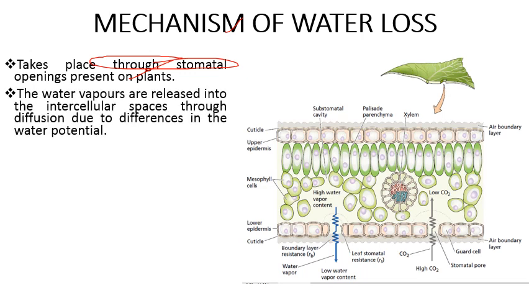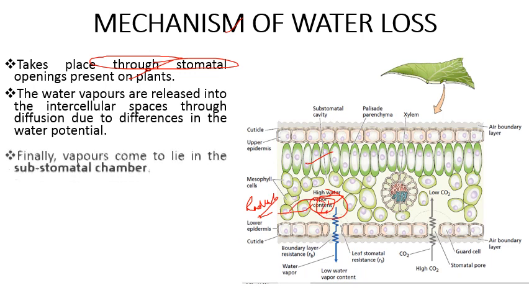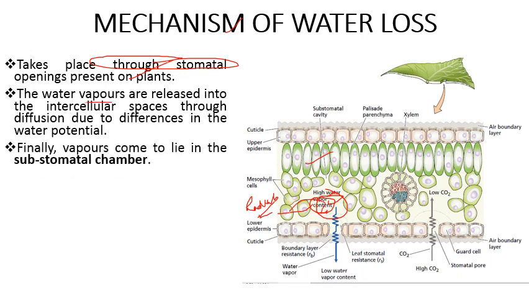After that, the water in liquid form, which is present in the mesophyll and in the stomatal chamber, is converted into water vapors with the help of radiant energy or solar energy. And the water vapors are released into the intercellular spaces through diffusion due to difference in water